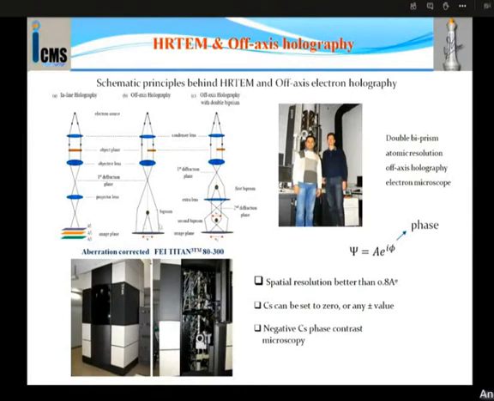But to work at atomic resolution, you need a double biprism because the field of view is very small at atomic resolution, and the micrographs suffer from the Fresnel fringes and also the re-ignition effect. The double biprism setup helps to get rid of these effects, to give you a better micrograph and to extract better numbers. What you are interested in is to recover the object exit wave function of the form psi equals A e to the power i phi.